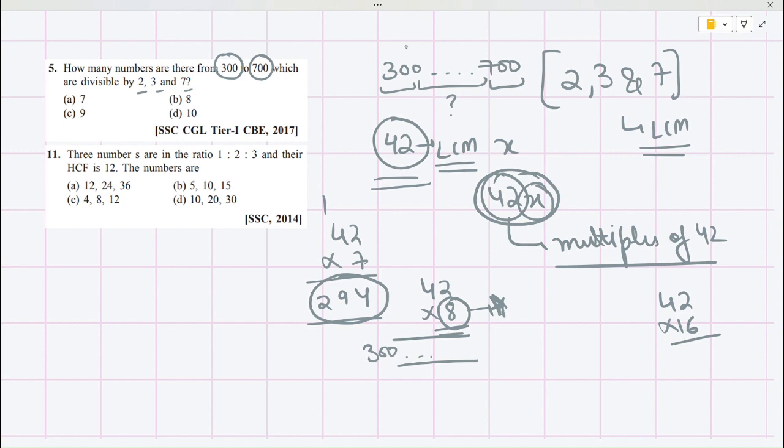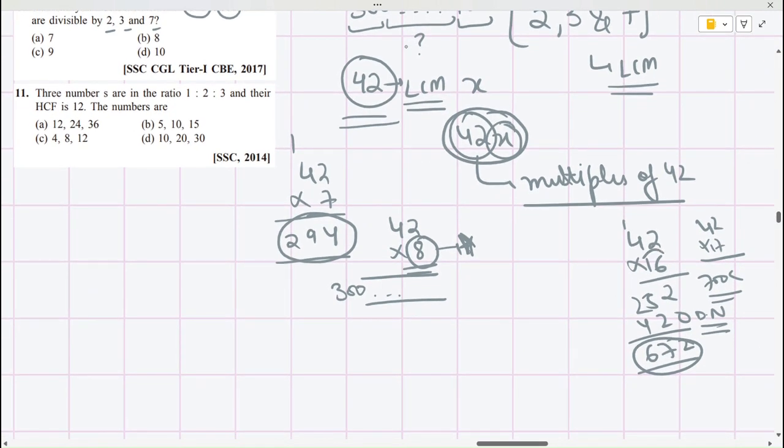So it will be 42 multiplied by 16, and this here becomes 672. Okay, so if we do 42 multiplied by 17, it will go greater than 700, which we do not need, right? So we'll just focus upon the number 16 here and 8 here. So 8 here is included